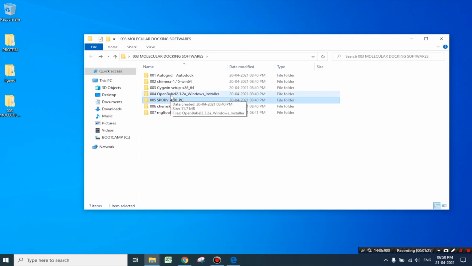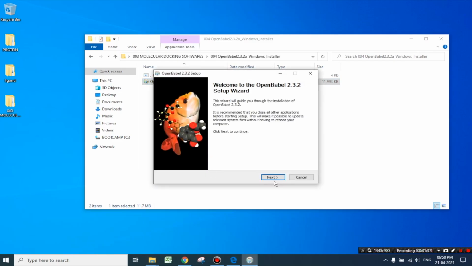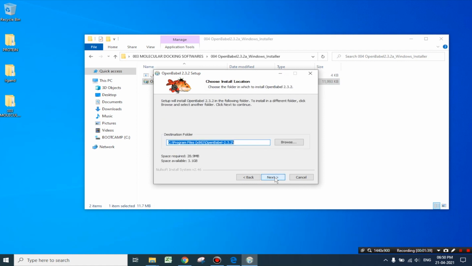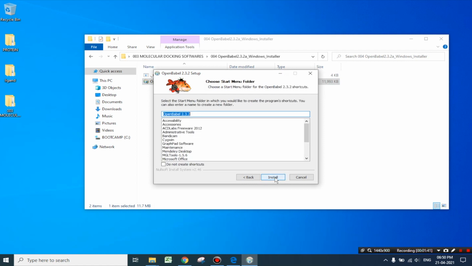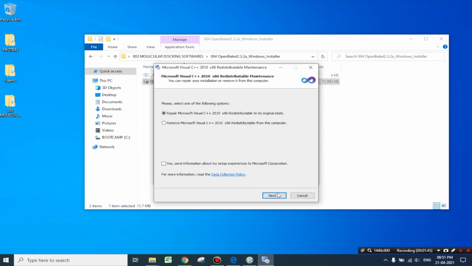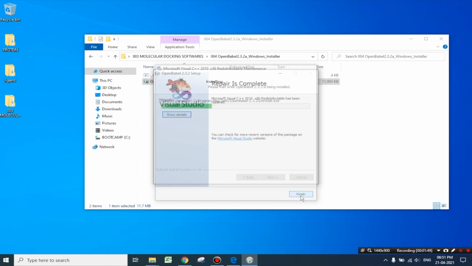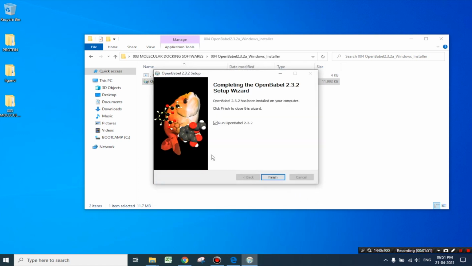Next, we must install OpenBabel. For installation of OpenBabel, click on the installation file and click Next. Click on Agree, press Next, click Install, click on Next, click on Finish. Again, click on Finish.